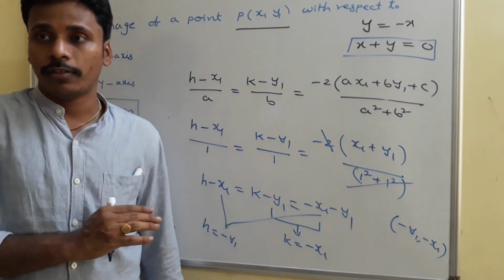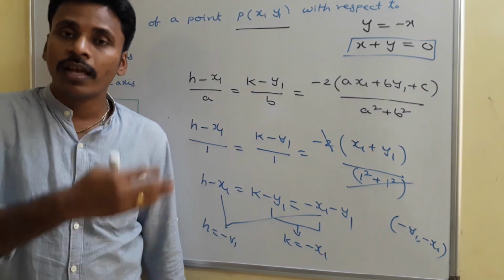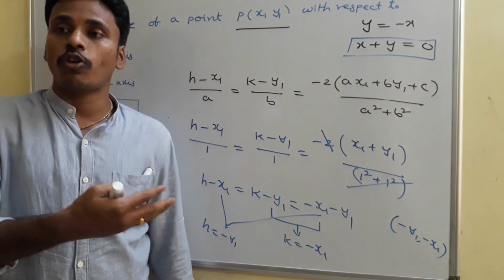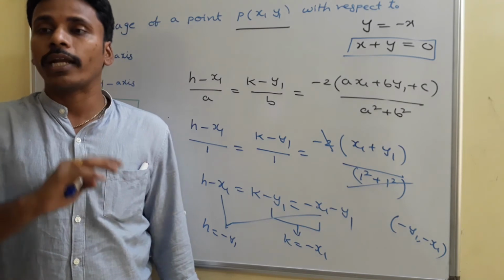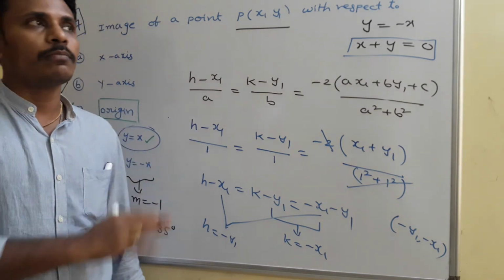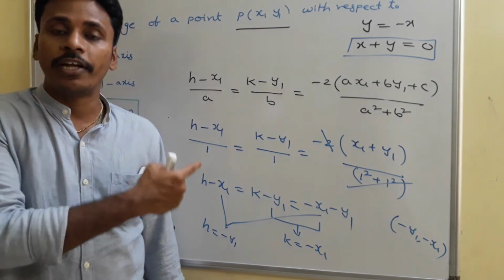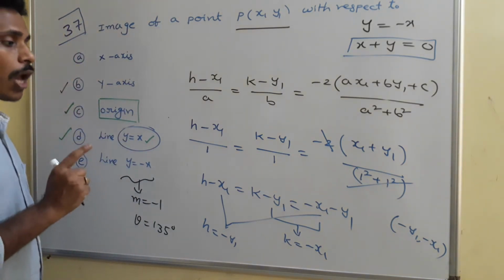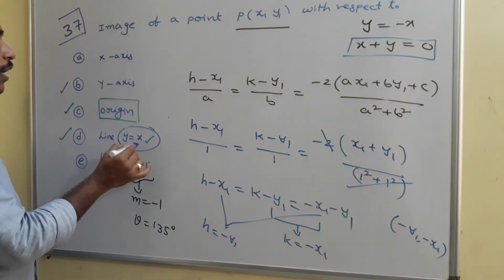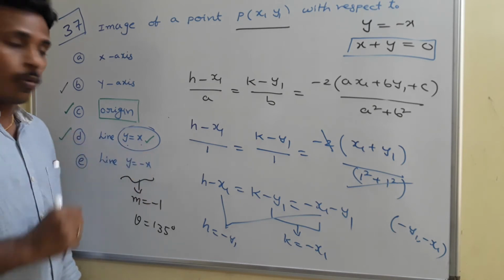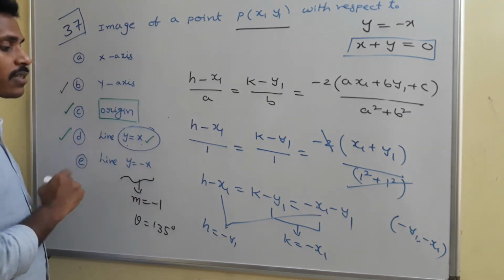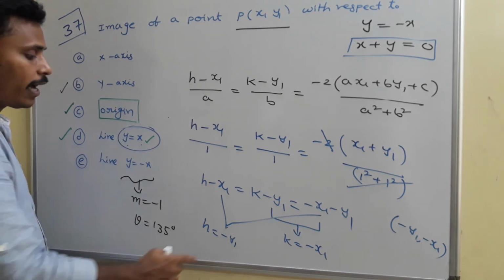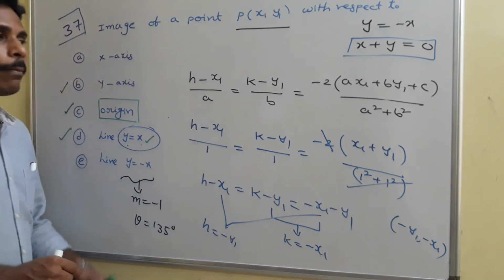See, this is one procedure. We have some other procedures. The other one is to use equation of line forms. The third one is to use plain geometrical format also. But among these three, here it is somewhat simple for you to discuss, and that's why I mentioned it on the board. Okay. So now at the end, the image of a point with respect to y = x is just y1, x1, and for y = −x, its image is given by (−y1, −x1).